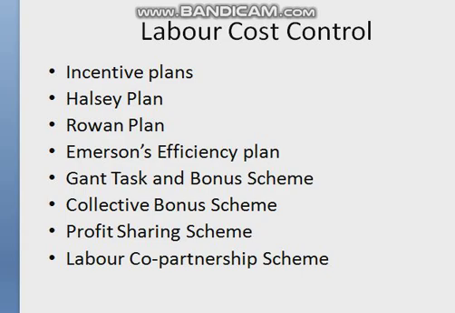A bonus is paid to a worker whose efficiency exceeds 66 2/3%. If the efficiency of the worker is below 66 2/3%, then no bonus is paid to the employee, only time wages are paid. But if the efficiency of the worker is 66 2/3% to 100%, then the bonus increases in steps and rises to 20% at 100% efficiency.